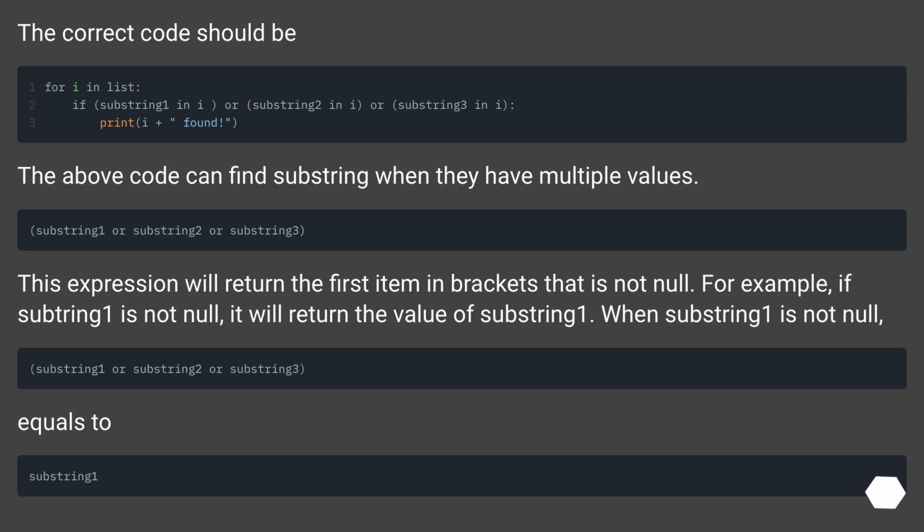This expression will return the first item in brackets that is not null. For example, if substring 1 is not null, it will return the value of substring 1. When substring 1 is not null, equals to